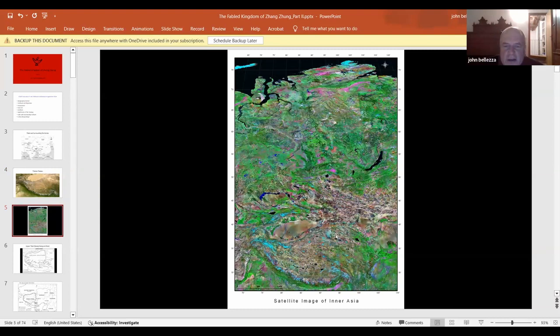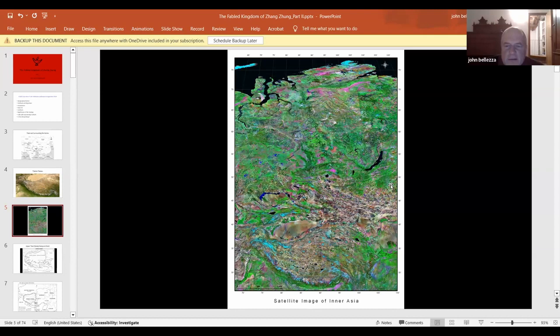And I threw this in here. This is a map that takes us from the Tibetan Plateau all the way to the Arctic Ocean. In between are places like the Taklamakan Desert, Tarim Basin, East Turkestan, and the northwest regions of China, which 2,000 years ago or more were non-Han. And then to the north, we have southern Siberia, Lake Baikal, one of the deepest freshwater lakes in the world, the Altai, and of course